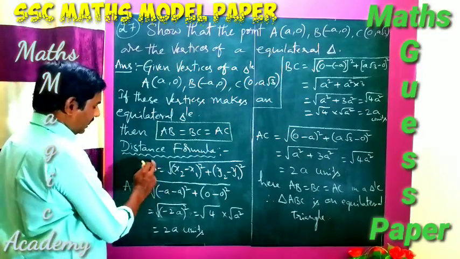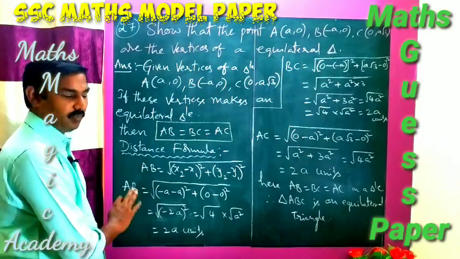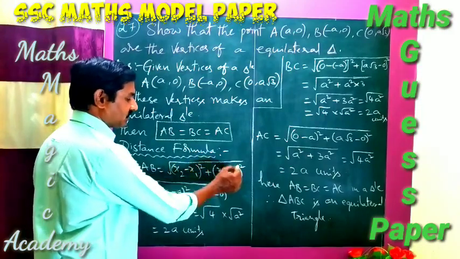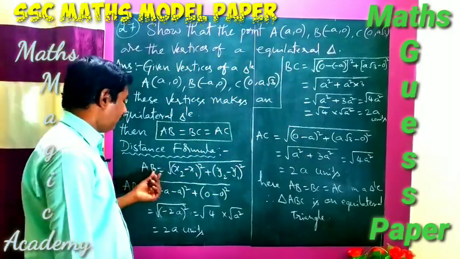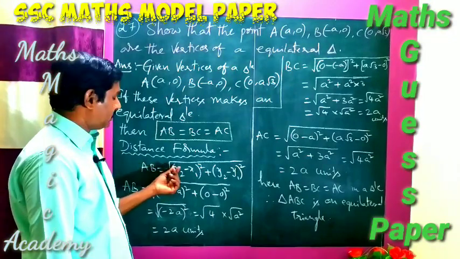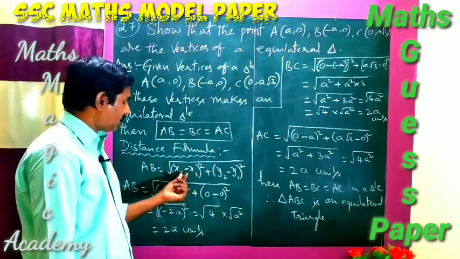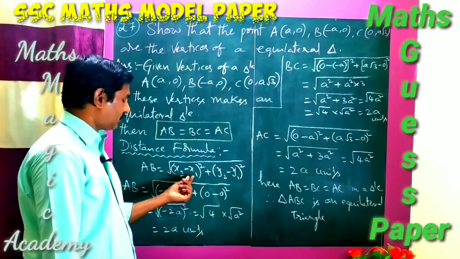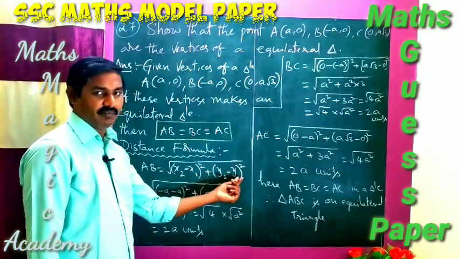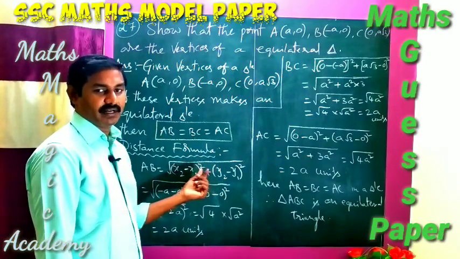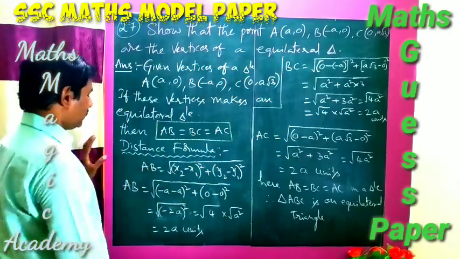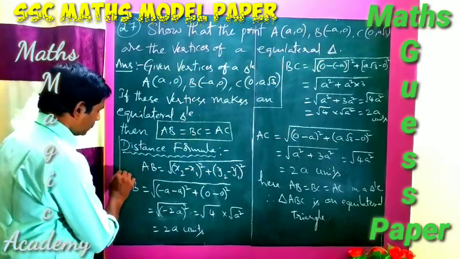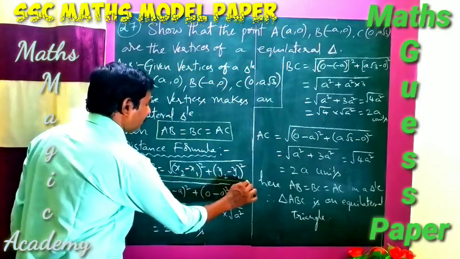The distance formula is given here. If A and B are the vertices x1, y1, x2, y2, then the formula will be square root of x2 minus x1 whole square plus y2 minus y1 whole square. It is a standard formula for finding the distance. Here the order is important: if you write x2 minus x1 here, then here also you have to write y2 minus y1. Otherwise you can write x1 minus x2, and here also y1 minus y2. The order you have to make correctly. So the distance formula is square root of x2 minus x1 whole square plus y2 minus y1 whole square. I am giving a box for this distance formula.